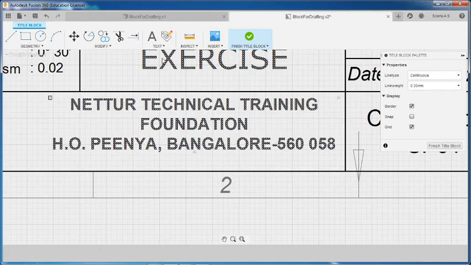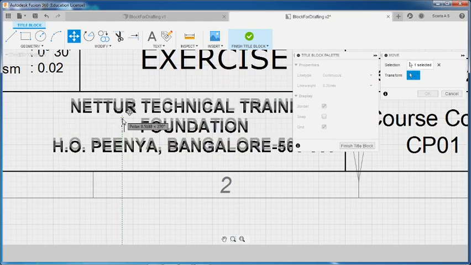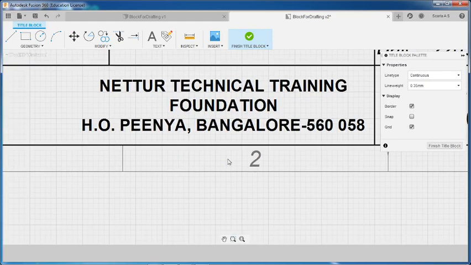So like this we can move a little bit downwards. Okay,